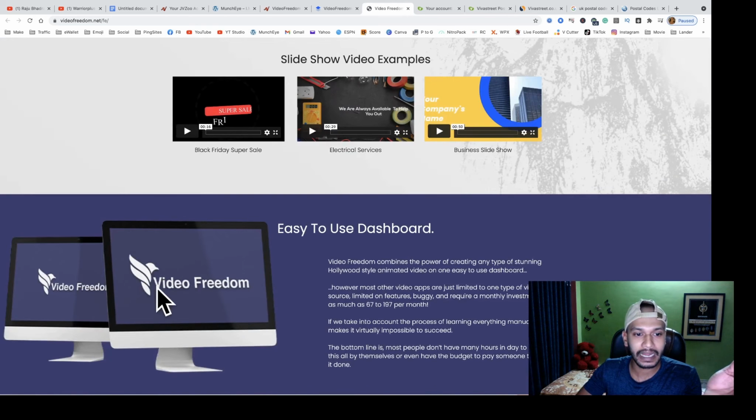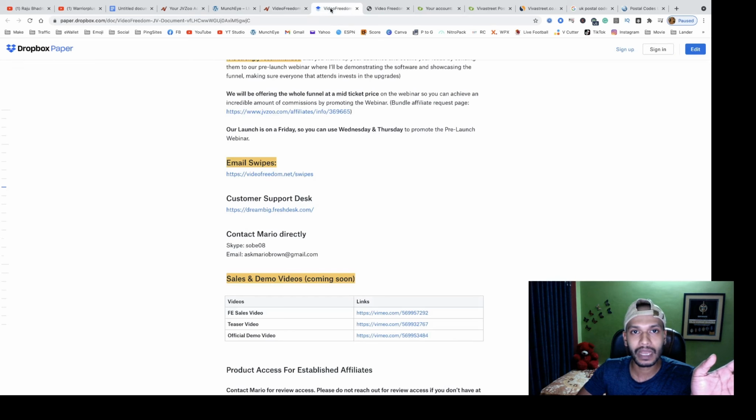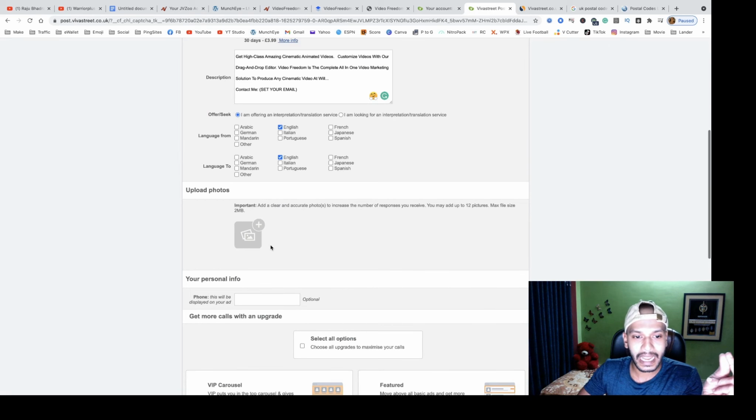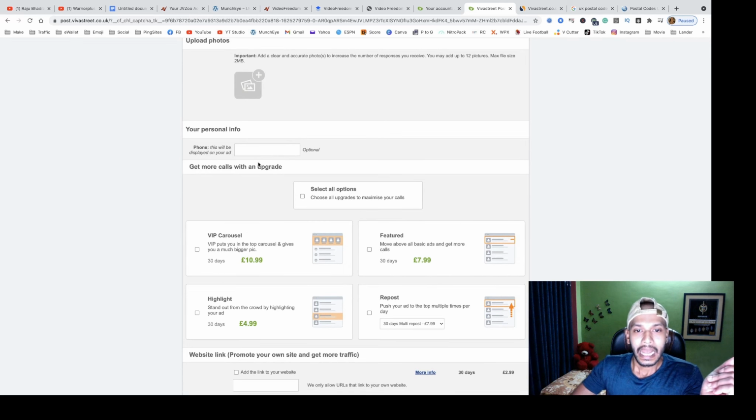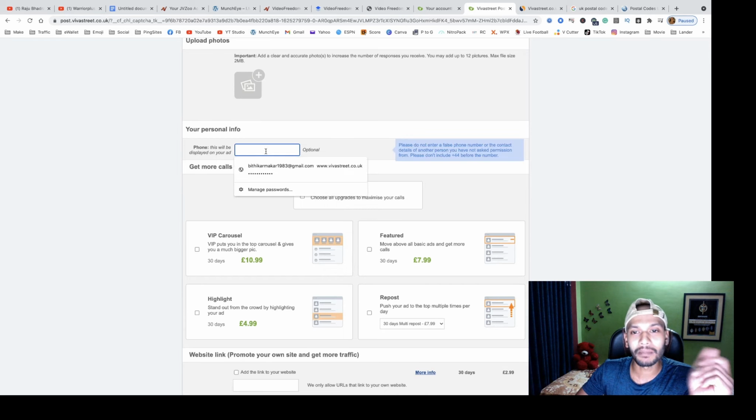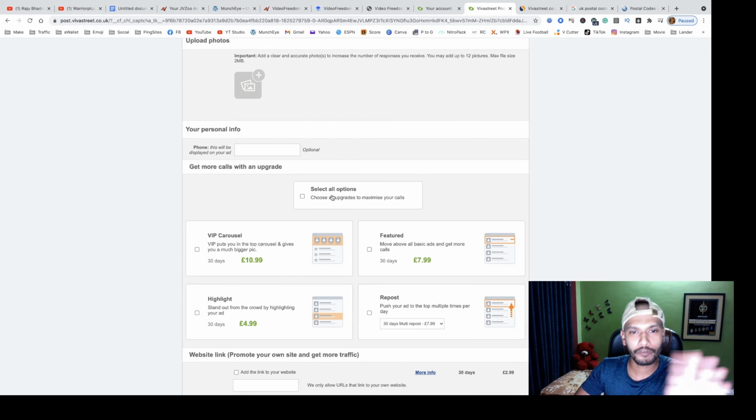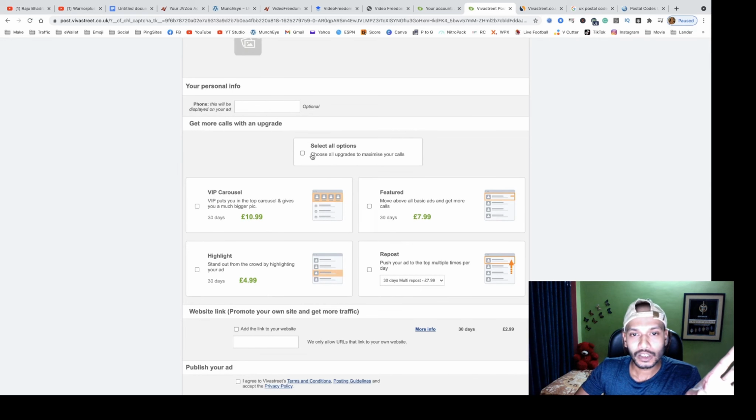You see here a lot of images. You can select images here. And you see here your personal info, your phone number. Don't need to use your phone number here, and don't select any of this. You have to pay money for it. Don't need to do it.